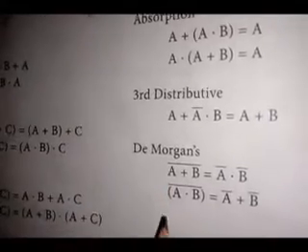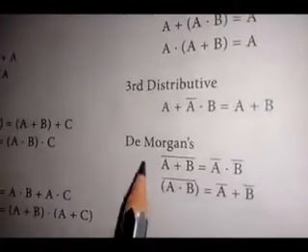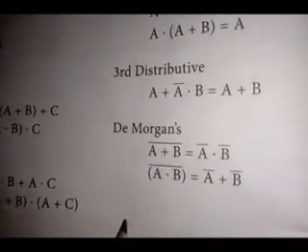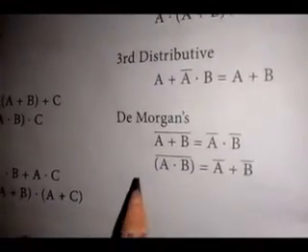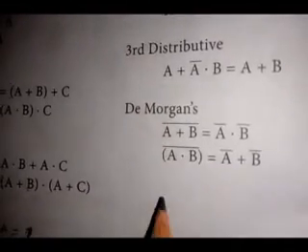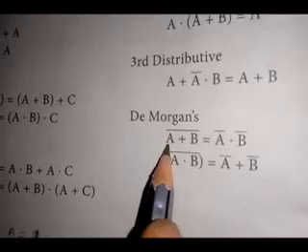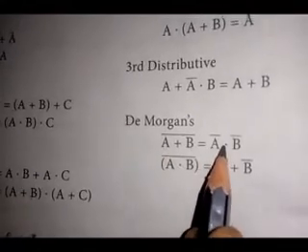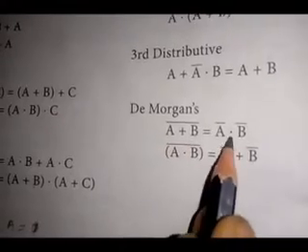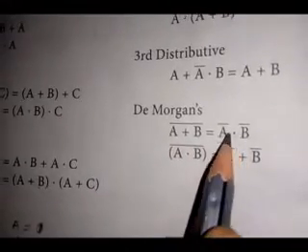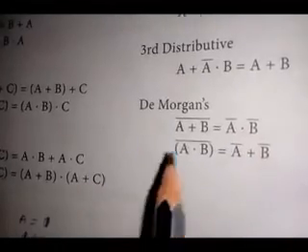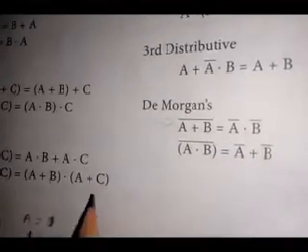Next, the last one is De Morgan's law. That is an important law. In the 10th standard also we studied De Morgan's law, in the Venn diagram. Is it? Same thing only. Here A plus B the whole bar equal to A bar into B bar. Understand? Here plus is there, here it will become dot. Then the bar is separately on each. That is the difference. This is De Morgan's first law.